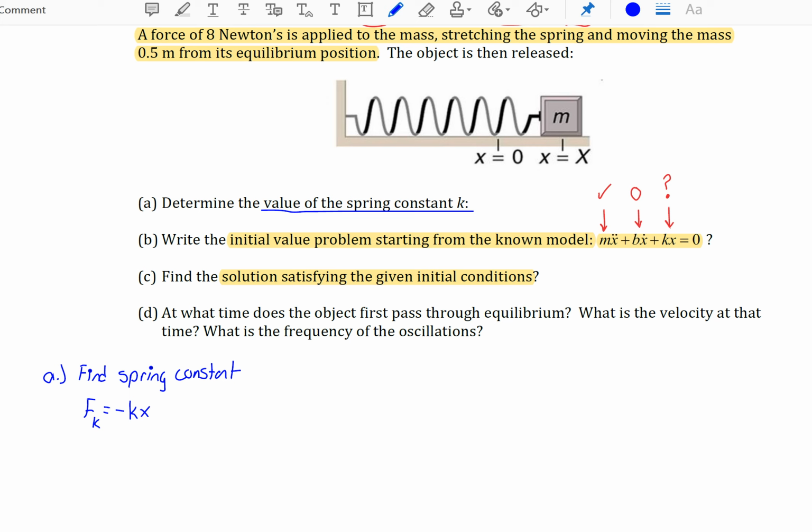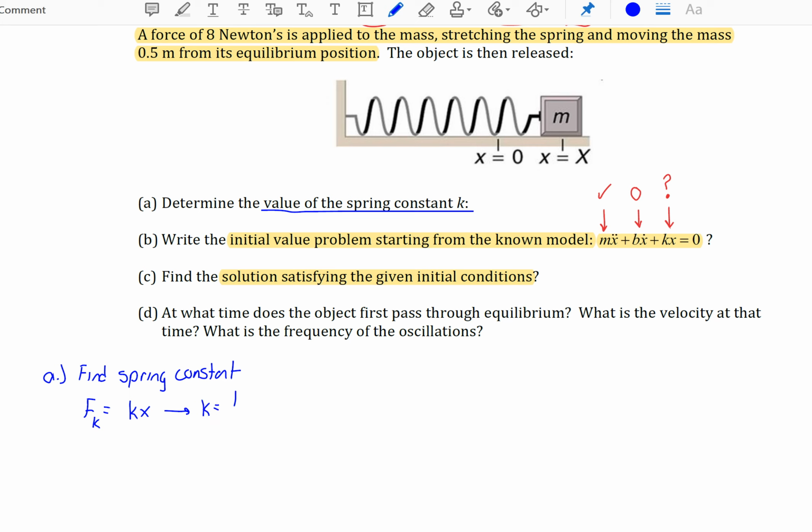While that is true, here I just want to use the equation kx to find the magnitude of the restoring force, not the direction it's going in. So I'm going to use F sub k is kx. And here we're trying to find our spring constant k. So let's solve for k